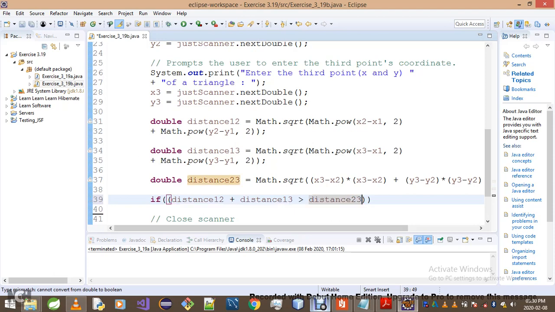In fact, we can do this the other way around: if this is less than or equal to this, or if distance,